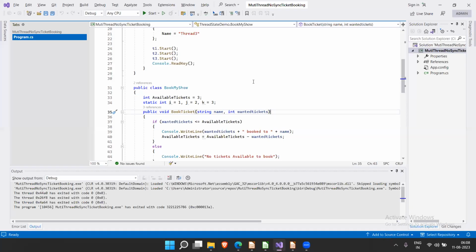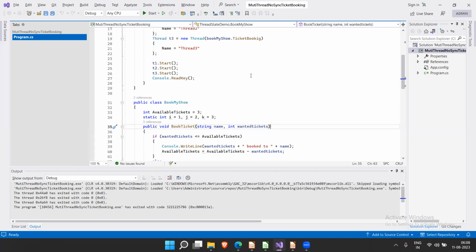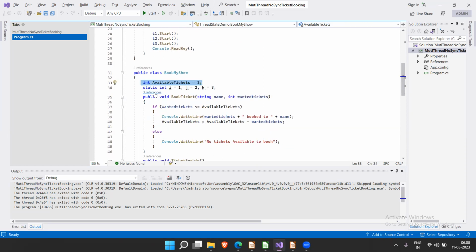I have written a simple program. If you see, the job of this program is to book tickets. I have a total of 3 tickets available for the movie, and I have 3 threads trying to book those tickets. The first guy wants to book only 1 ticket, the second guy wants to book 2 tickets, and the third guy wants to book 3 tickets. So total availability is 3, but the 3 threads are trying to book a total of